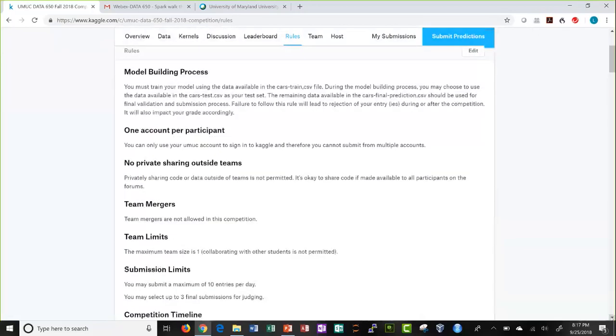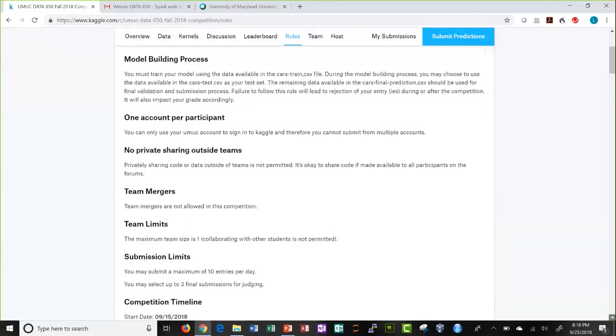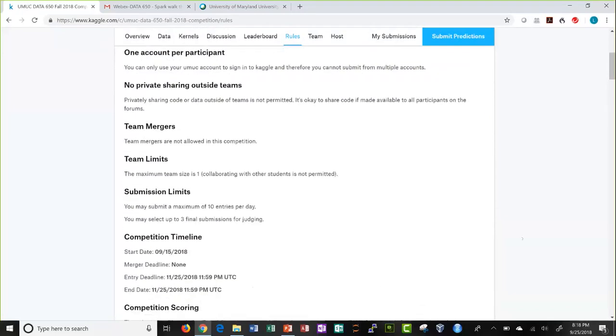There should be only one account per participant. So you don't want to create multiple accounts and then try to submit multiple times. Really, that would not be required. That should not even be done. Okay. So just use one account. You would not be forming teams with anybody. You would also not be sharing your code, right? So the same plagiarism policy, and all the policies of UMUC are applicable here as well. So make sure that your code is something that you worked upon yourself.